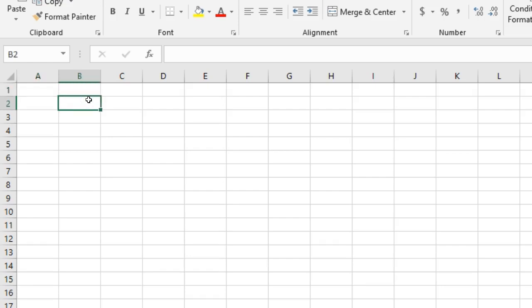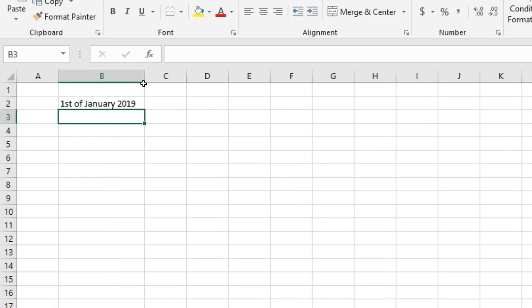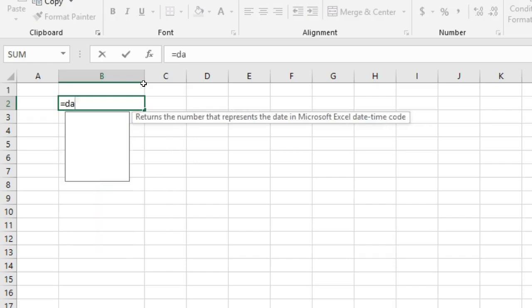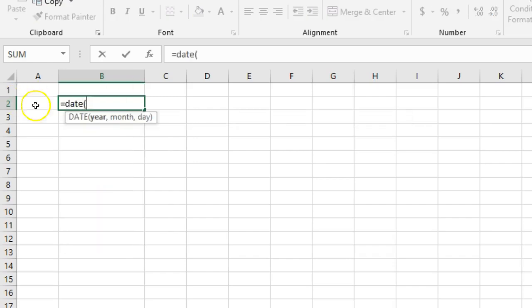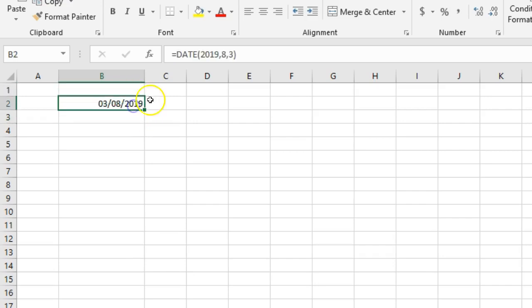So the best way to write dates in Excel is not to just type it in like 1st of January 2019, right? Because Excel has a way of reading dates. There's a very, very precise syntax to read it. Okay, so the easiest way I find to do it so that you don't get it wrong is use the date functions. If I go to equals date, right, and then it asks you what's the year, what's the month, what's the day. So I'm gonna say 2019. The month is, let's say, August. And let's say the day is 3rd. Okay, close the bracket,